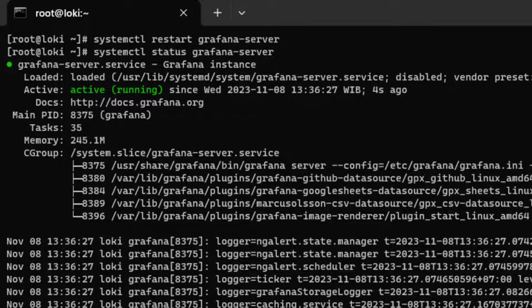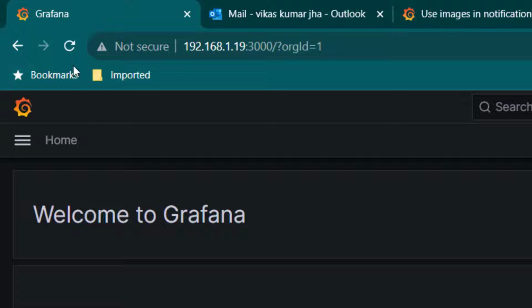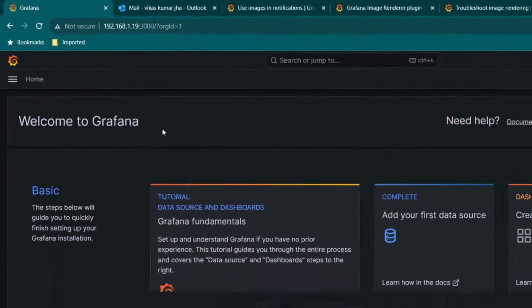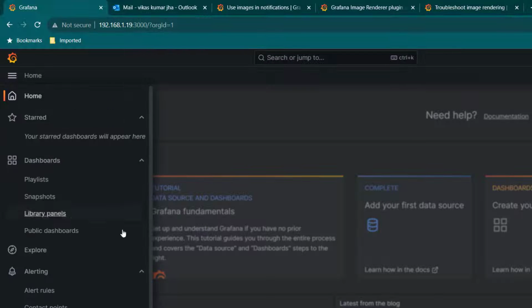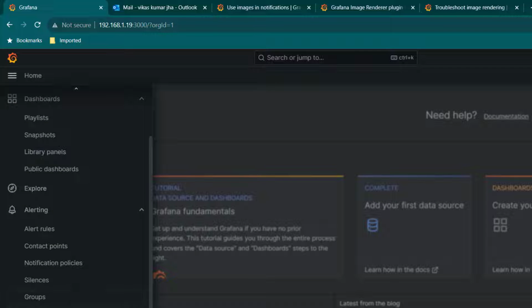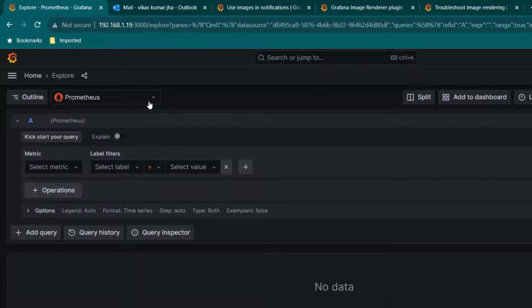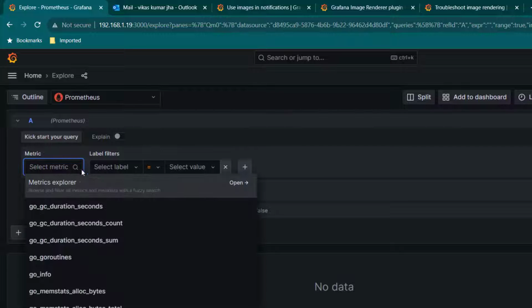And here we can see Grafana is working fine. So let's go ahead and refresh our Grafana web browser instance. So here you can see we are connected to Grafana. I'm going to go to Explore, and here let's create a Prometheus query where we are using, let's say we